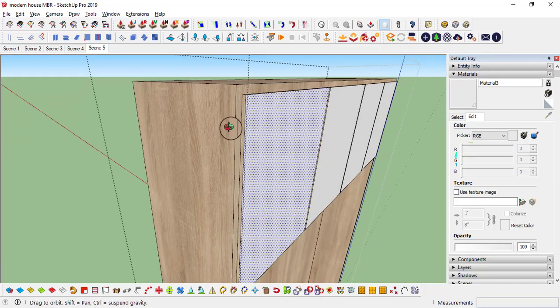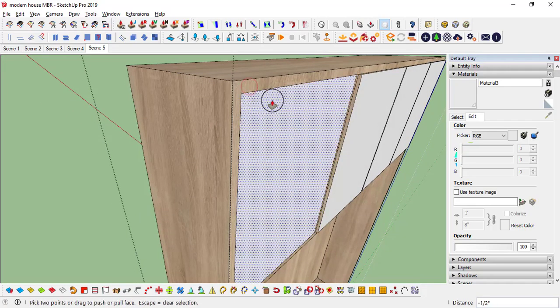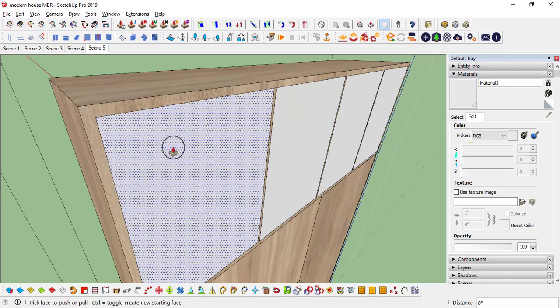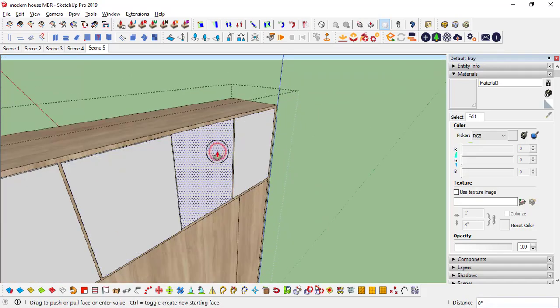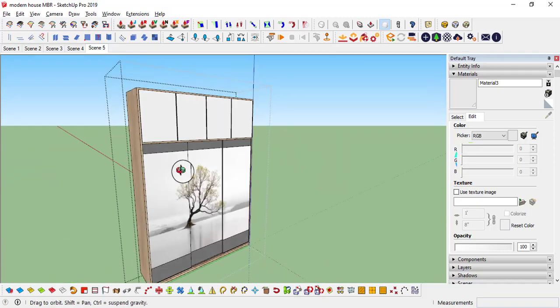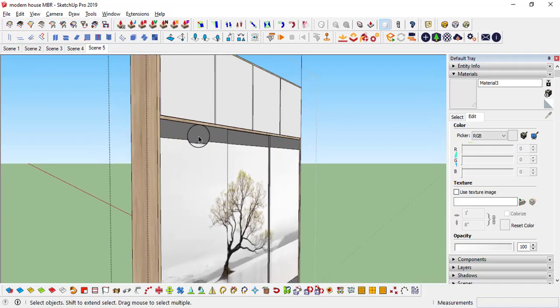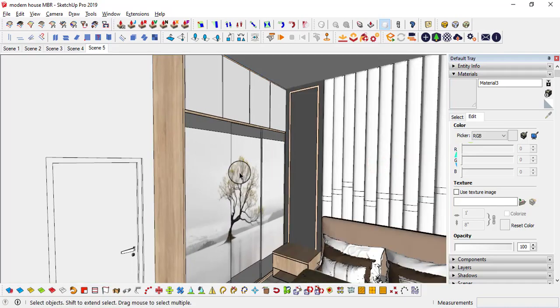For the sides, what I am going to do, select this line, pull it back, double click, and pull it outside. Now all sides will get the same color. 0.5, double click, that's it. So on the front we are going to get this, and on the sides here we have 2 colors, like this blackishness or white. For the body, either way you can choose, or you can go with the wood texture also.